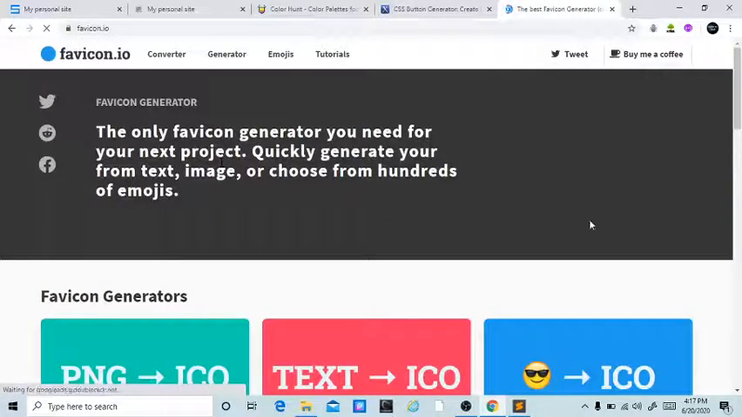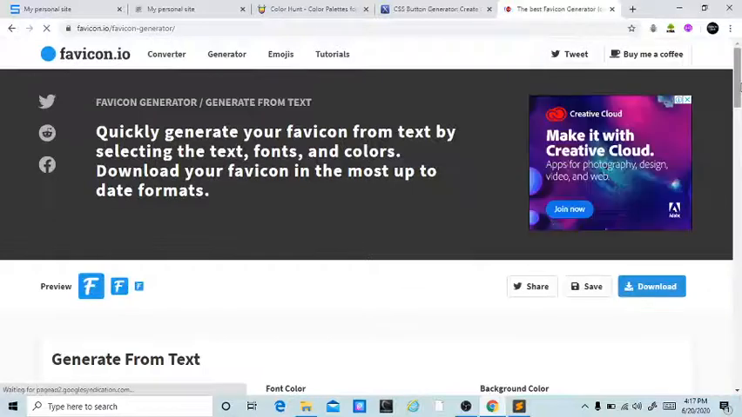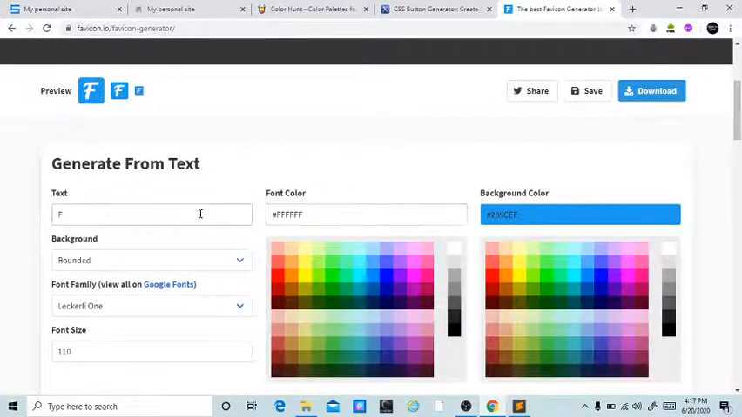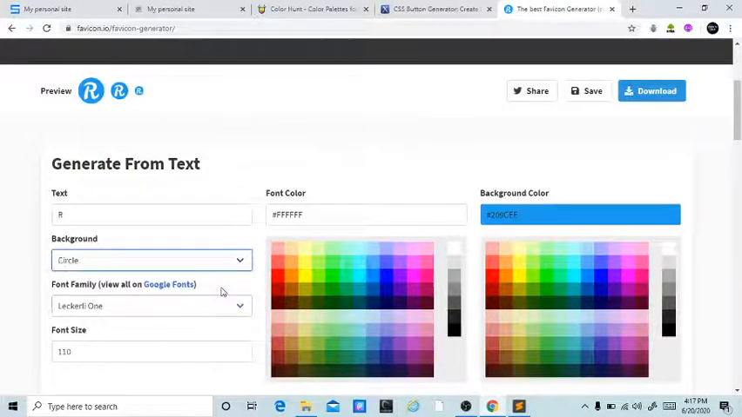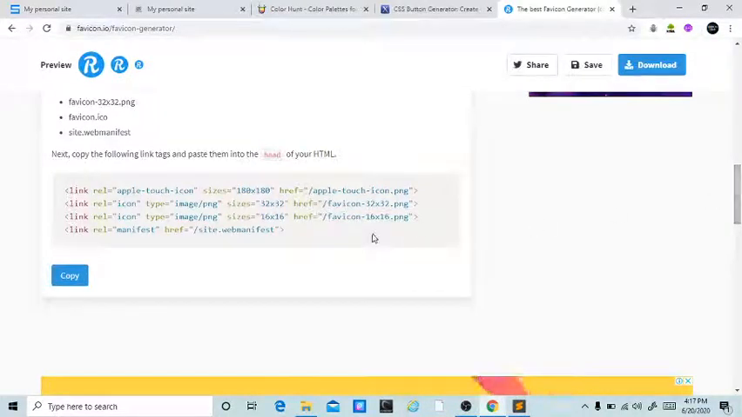And here we have text to ICO. ICO is the extension we use for favicon, favicon.ico. Here you can write any text you want, like let's say R, and you can define the shape. You can always preview how your favicon will look. So this is fine, and you can see these links. When you click on download, you'll be getting these images with different sizes. So let's copy one of these links, let's say the 16 by 16 size,